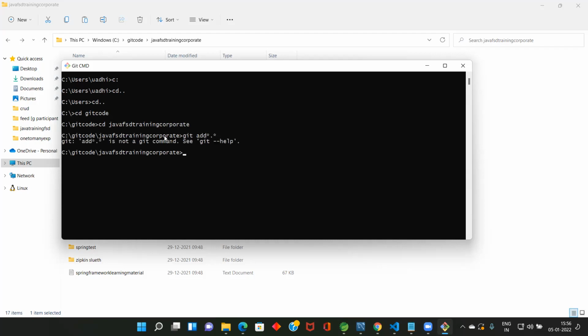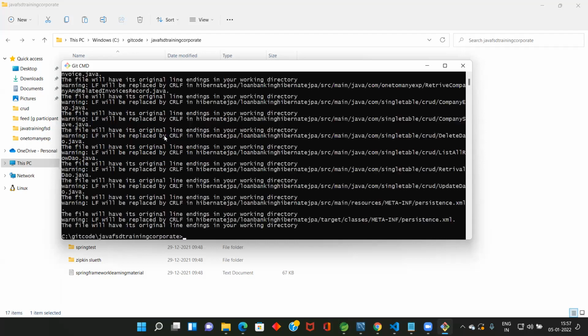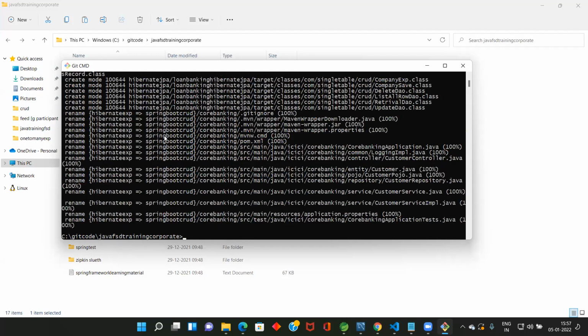Anyway, you people need not do this now. So what is the problem here? git add star dot. Then git commit -m JPA. Then git push.